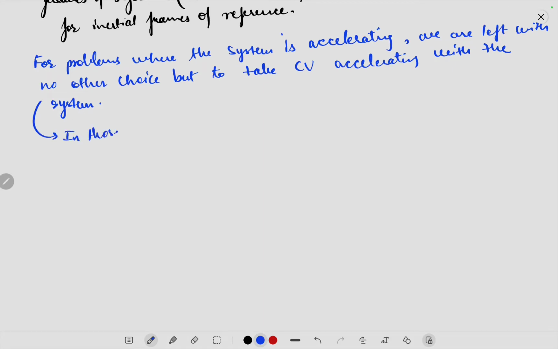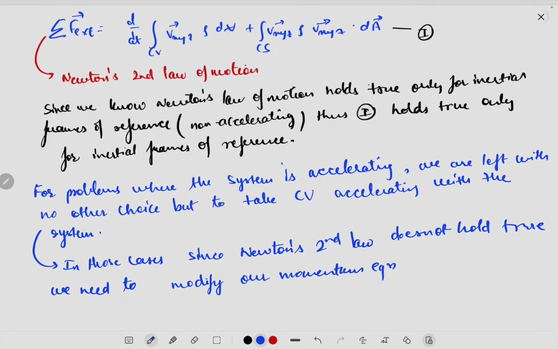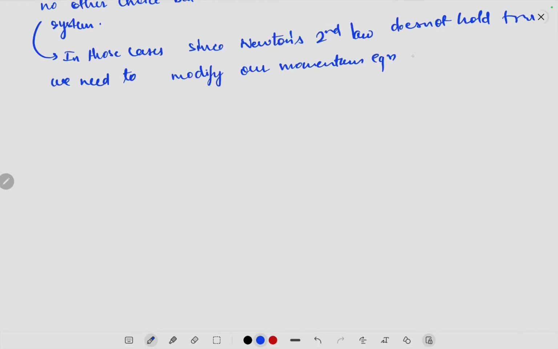now in those cases, since Newton's second law does not hold true, we need to change or modify our momentum equation. So this momentum equation 1 for non-inertial frames of reference. Okay,